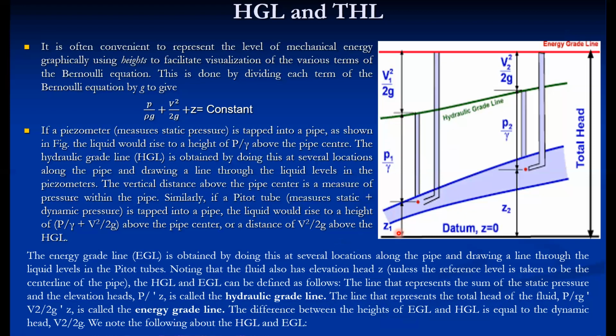The difference between the two lines, EGL and HGL, is equal to the dynamic head. If you take the difference between this HGL and this EGL, it gives the dynamic head, that is V square by 2g. And this is a representation of different forms of energies when the fluid is passing through a particular pipe. This is the most generalized pipeline, in which the cross section is variable and the heights are also varying. So all three energies are changing.